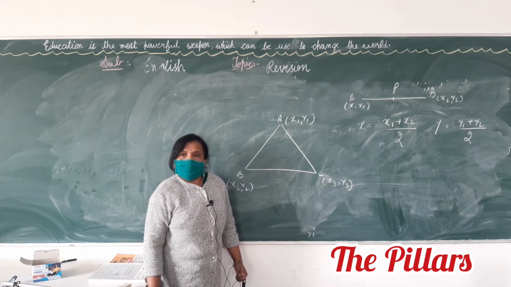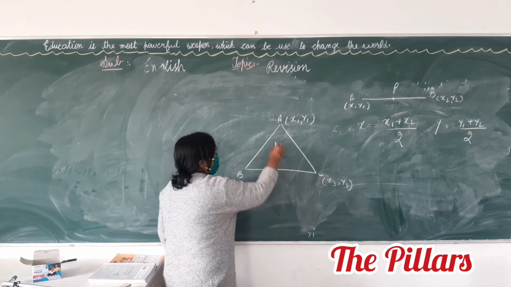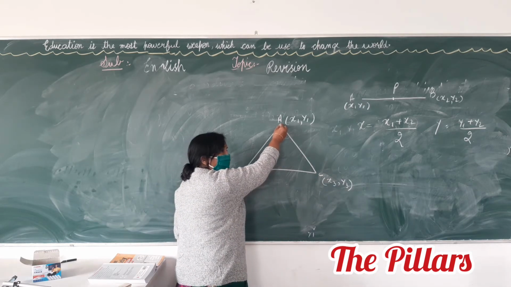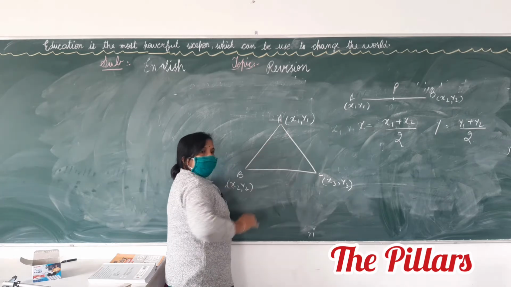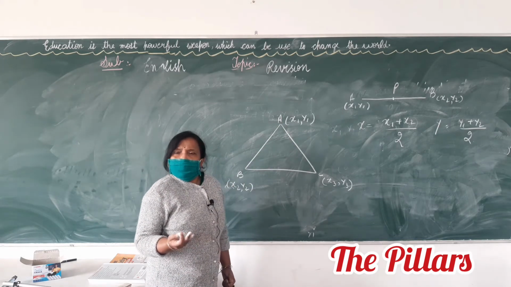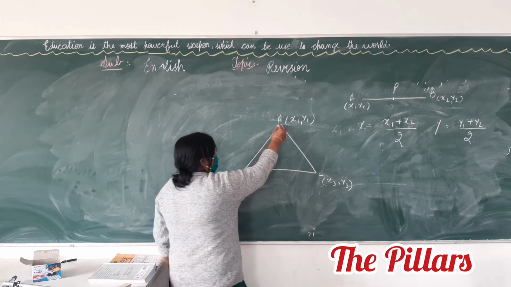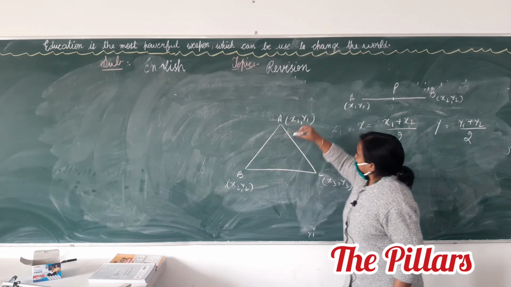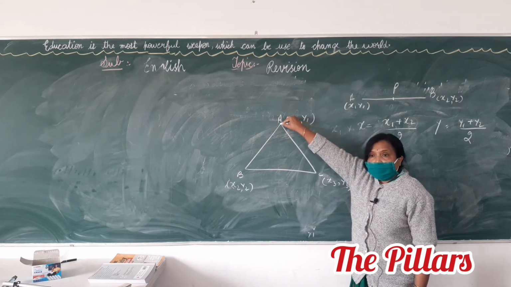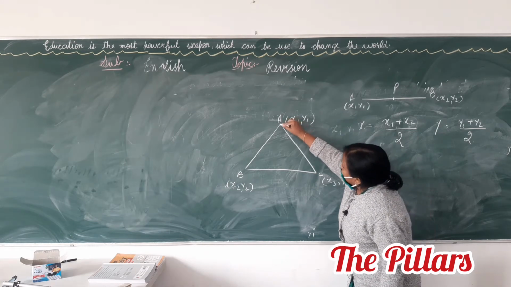Okay? Right? What is the meaning of centroid? See, what is the meaning of median? Divides the base into 2. No, ma'am, that is a bisector. How do you answer? I really wonder. What is the meaning of median? Median is, see, look here. A line segment starting from a vertex and joining the midpoint of the other side.